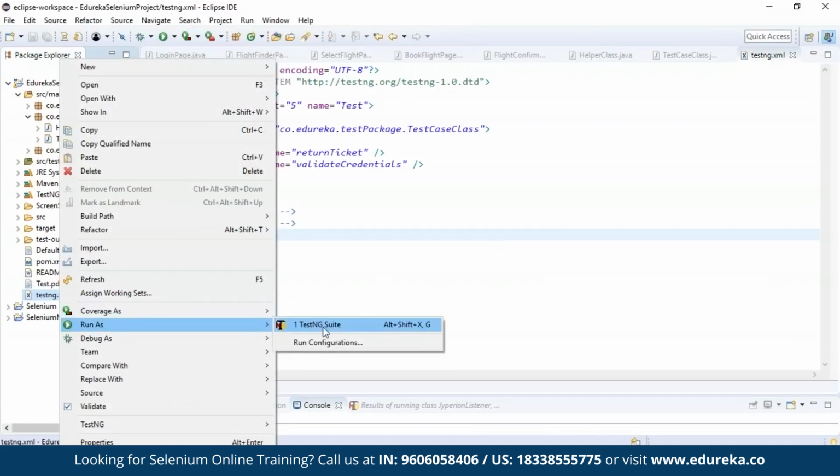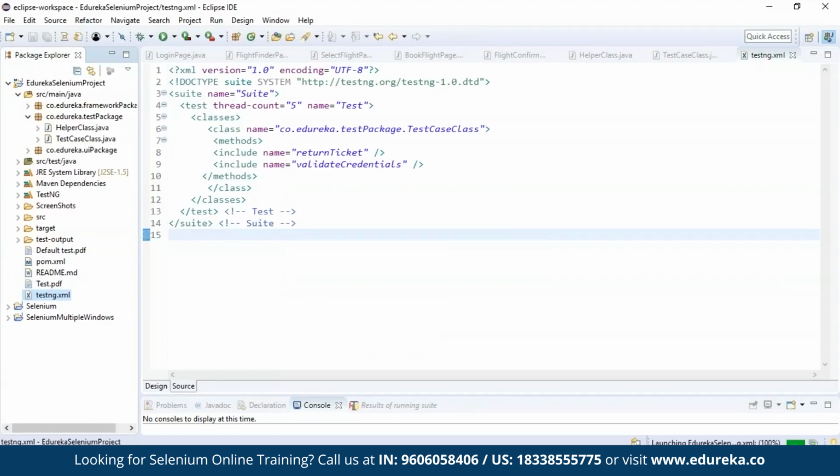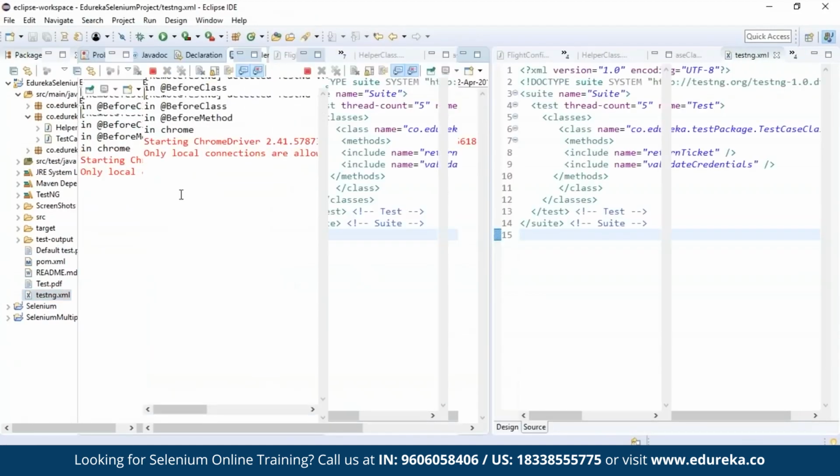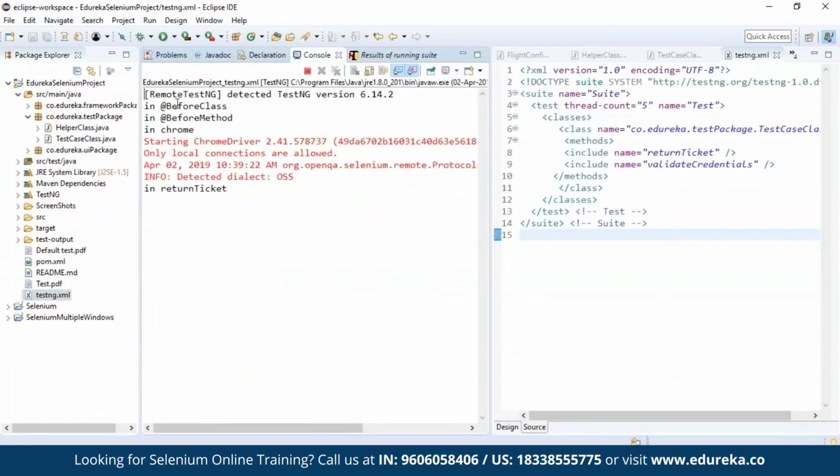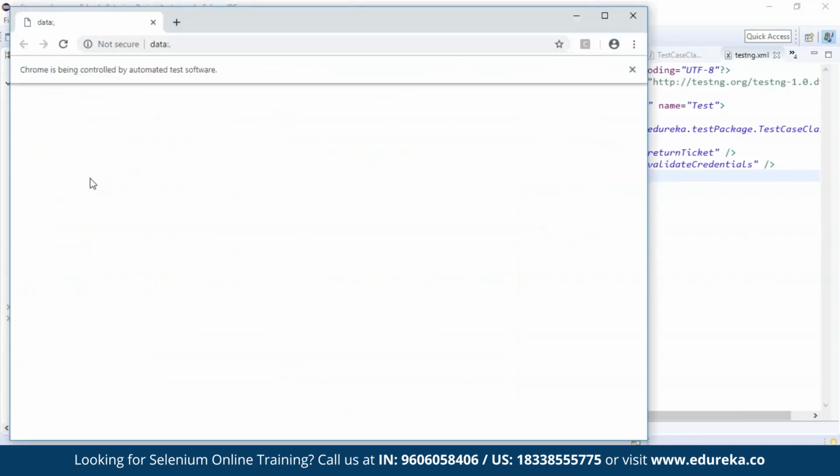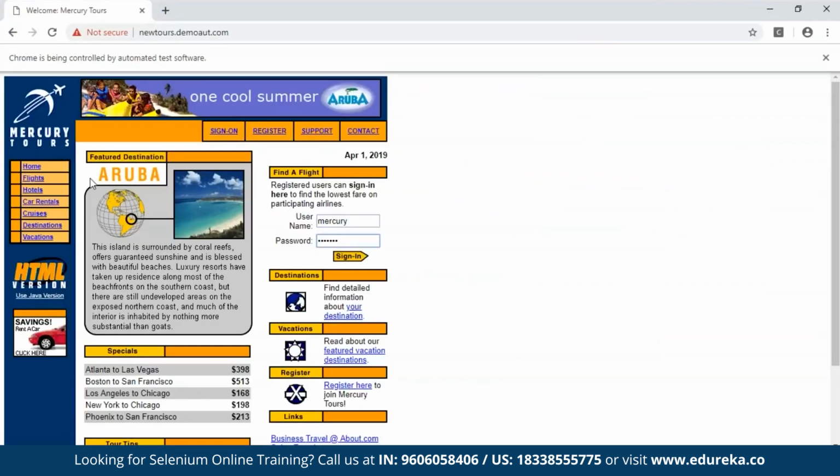So I'll run the SAS TestNG suite. Let's run it. Let's see what happens. You can see here, it is executing @BeforeMethod, @AfterMethod, and in Chrome. And first it is executing in return ticket. It detected the version, it navigated through the new tours website, it entered the username and password, and it hit